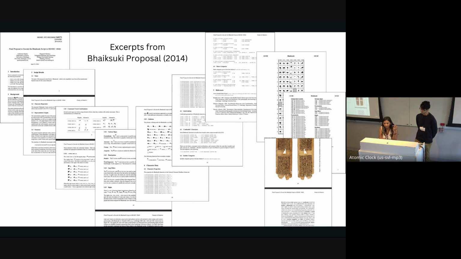So for our project, we thought that these proposals can form a really rich public data set that can help us understand how Unicode has evolved in all these years. So the next few slides will share some descriptions of what successful proposals have tended to look like. In this project, we just restricted our sample to scripts that were included in Unicode 3.1 or later, so after the production-ready first pass, and don't include documents from scripts that are still under consideration or have been abandoned.